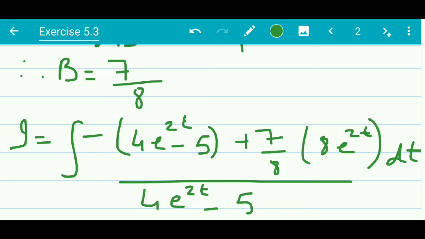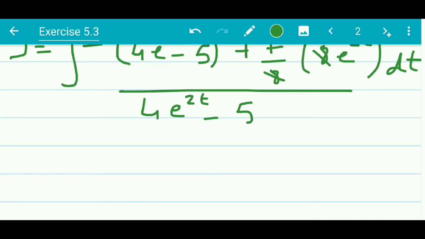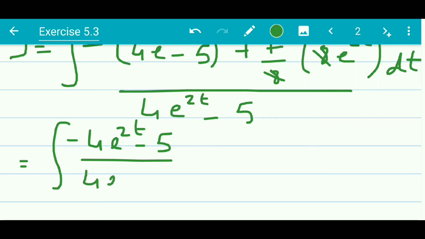Now here we can cancel 8 and thus simplify a bit the sum that is there. And then now we separate out the integrals. We separate both the terms, that is the first term becomes this way, minus 4 e raised to twice of t minus 5 upon 4 e raised to twice of t minus 5